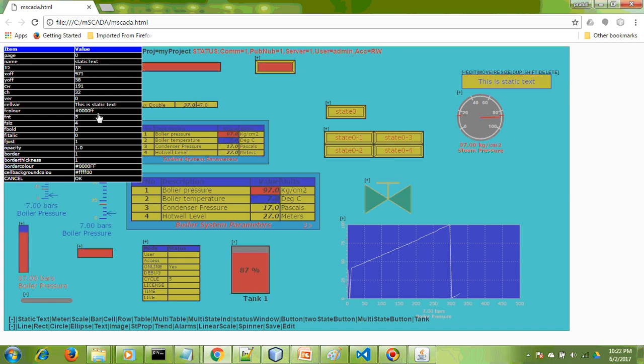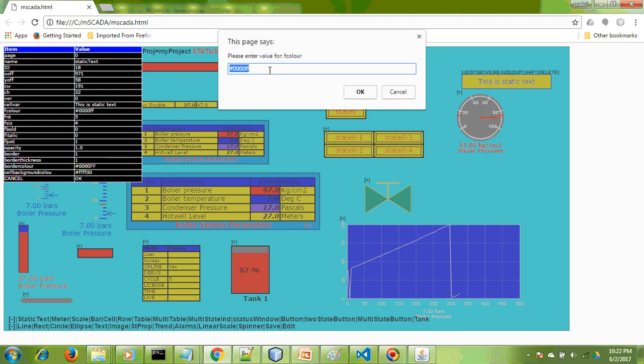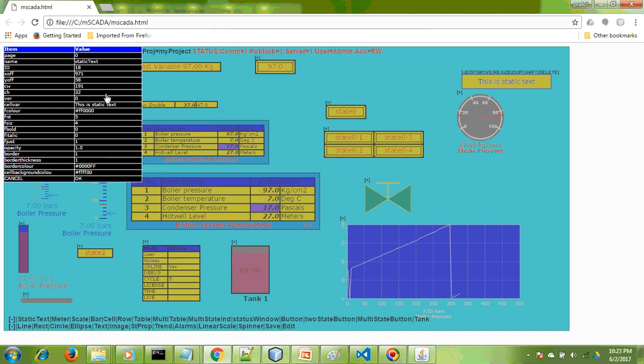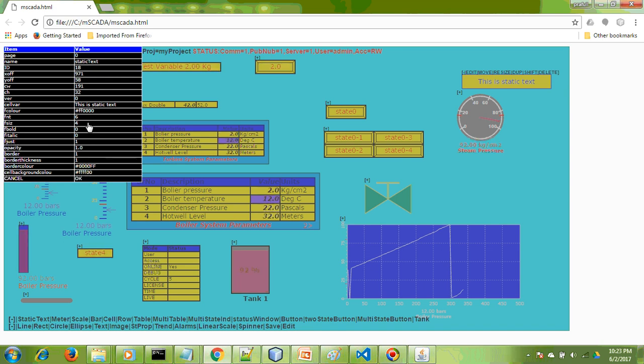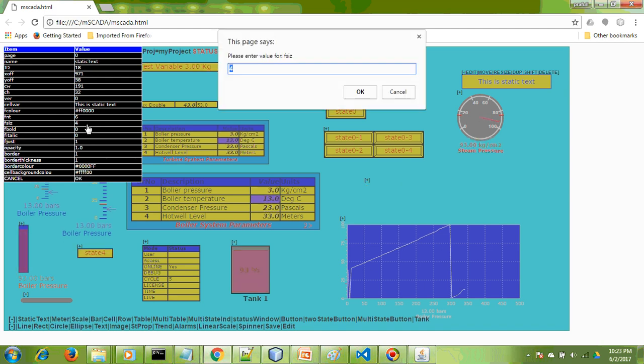Now you can change the font color. Right now it is blue. If I click on this, we can change it to red. And you can change the font style. It supports some 5-6 fonts, so you can change the font to something else. And the font size, it supports some 10-12 sizes. If I make it say 8,